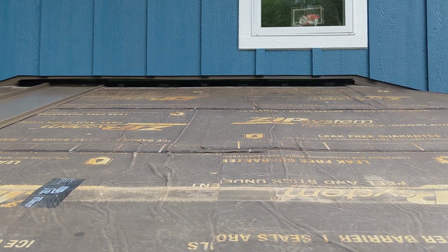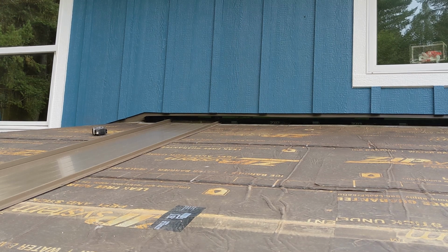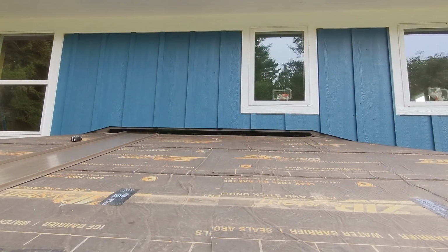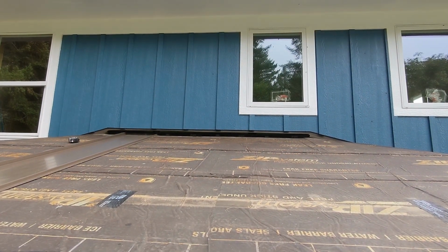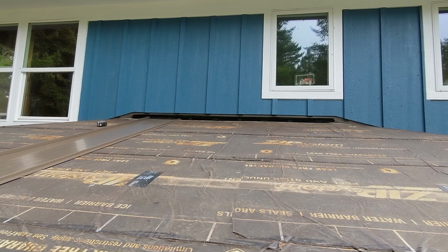And I have a couple of reasons for that. It should be enough in combination. I have a piece that goes in there in front of it. That should be enough to prevent the water from going through. If you recall, with this piece of metal up here, they were supposed to send me a vented end wall piece, and they didn't send me any. And so what I have is just a normal end wall piece there, and I'm having to make it work, and there's not nearly as much clearance. So I have to do this very carefully to make sure that I can still have good airflow through that